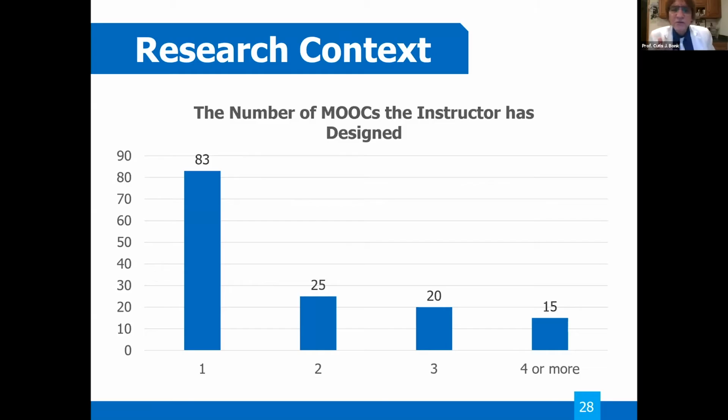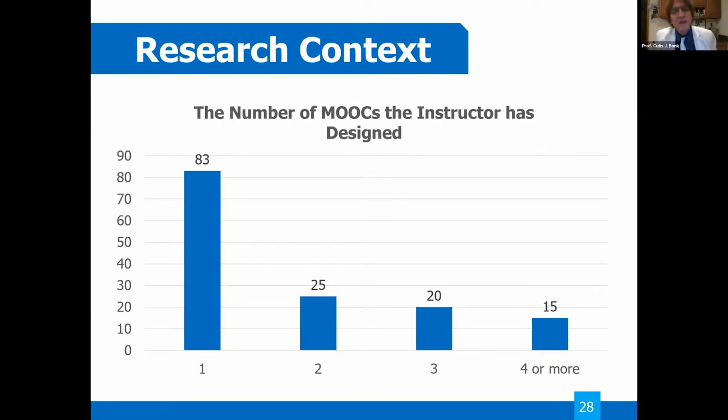And so you see here, how many MOOCs have they designed in the past? One, typically just one. So these were not savvy people with MOOCs and probably not with online learning. Probably what happened is that they got their arm twisted behind their back and were told, could you please offer a MOOC?